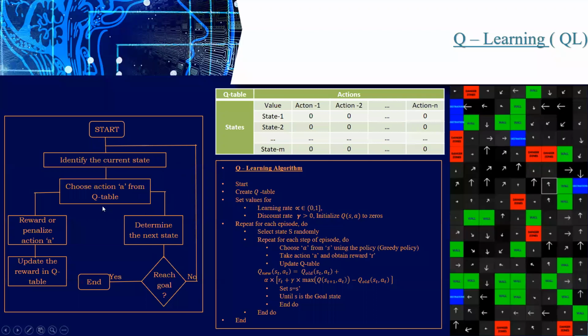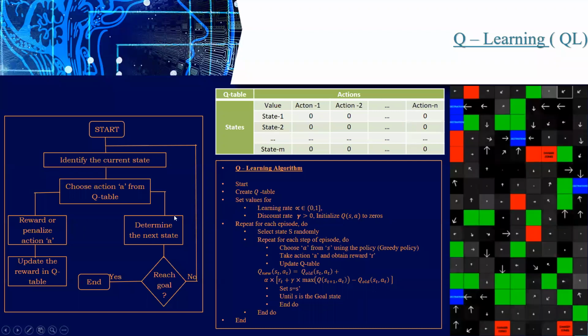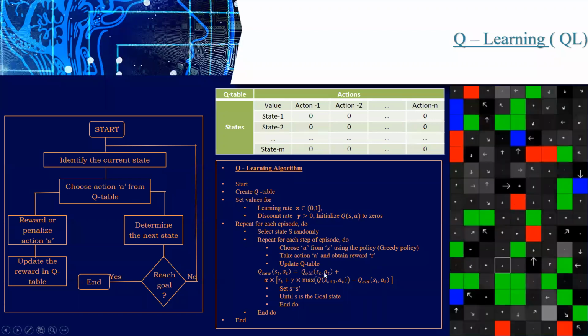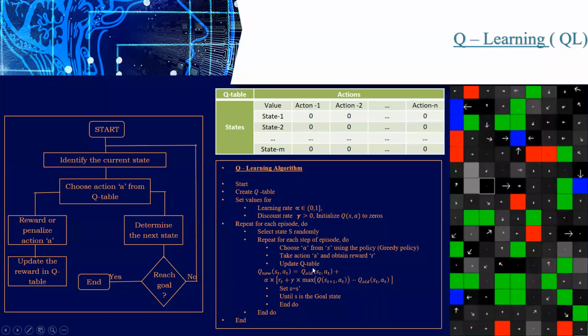Okay, during these repetitions, we will get one reward, right, at each and every step. So we have to identify that reward, and we have to update it in the Q table. So here we have the Q table, right? So we have to update. To update, we have one equation here. So this is the old value. Okay, here we have 0, right? So here it is 0. So what will be the new value here?